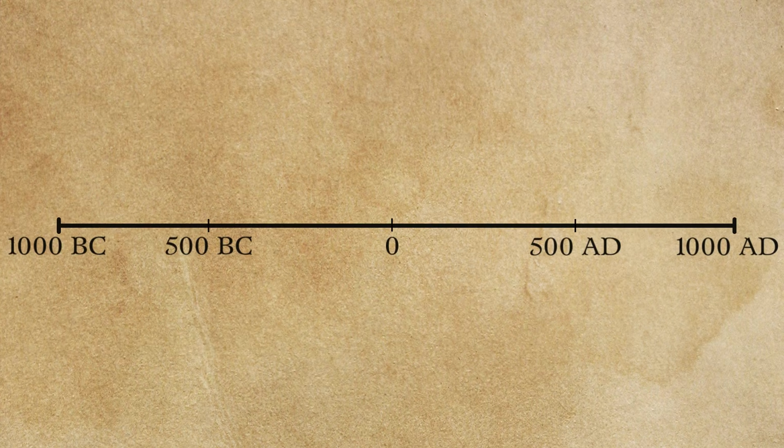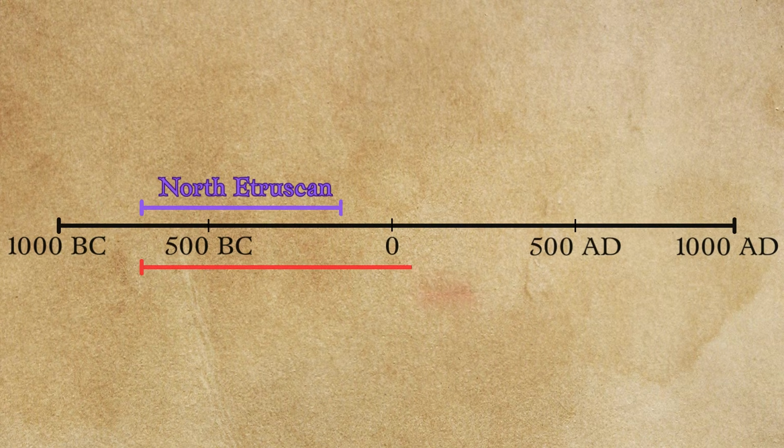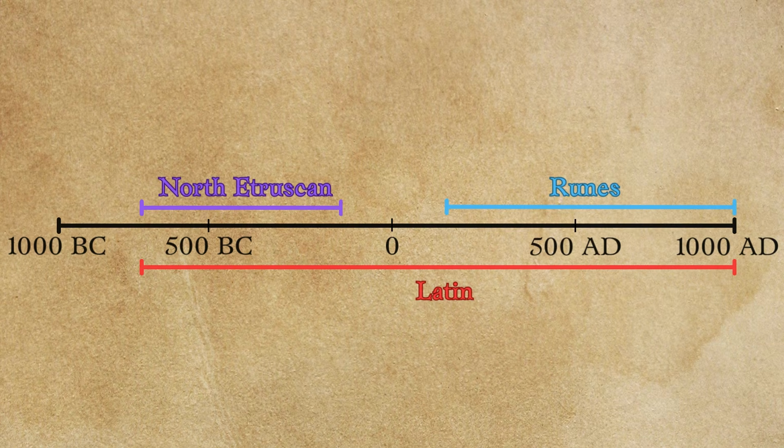The biggest problem of the North Etruscan hypothesis is that North Etruscan alphabets mostly fell out of use by the early 1st century BC and were largely replaced by the Latin alphabet. That means that between the latest use of North Etruscan alphabets and the earliest runes lies a substantial gap of over 2 centuries. If the runes had been inspired by one of these writing systems, we would have expected to encounter them much earlier, but that is not the case. That being said, in the 1950s, North Etruscan inscriptions have been found in Austria and have been dated to the early decades of the 1st century AD, so apparently someone still wrote in North Etruscan scripts at that time.